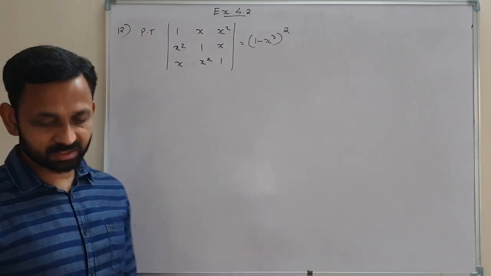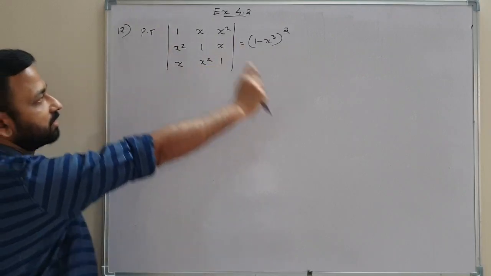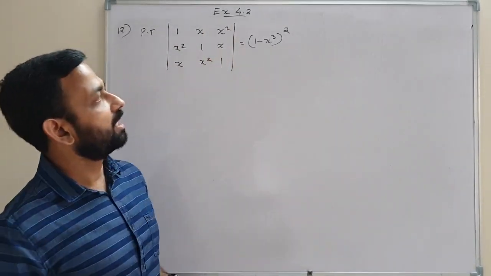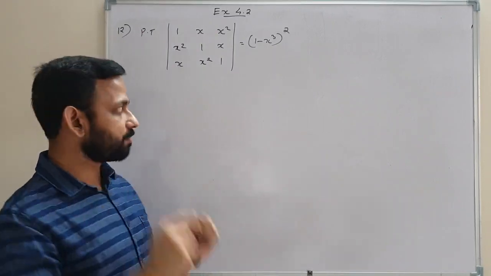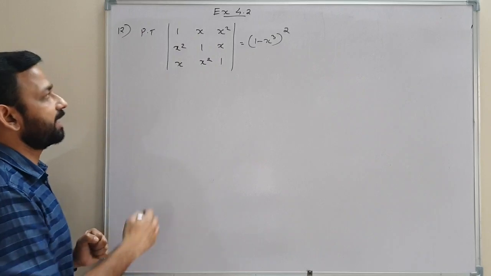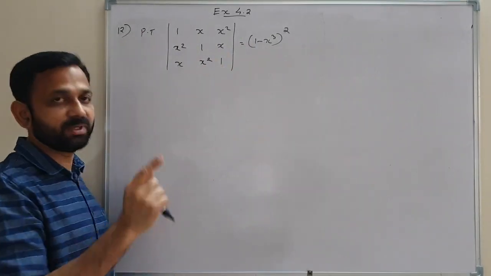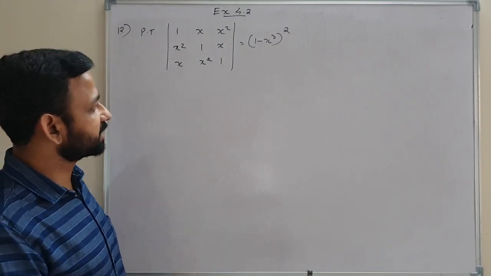We need to prove LHS equal to RHS. This is a 3 by 3 determinant, so we need to reduce it into 2 by 2 by using properties of determinant, then we will expand. So we will start from LHS, and here we need a 1 minus x cube. If you want to take 1 minus x cube outside the determinant,